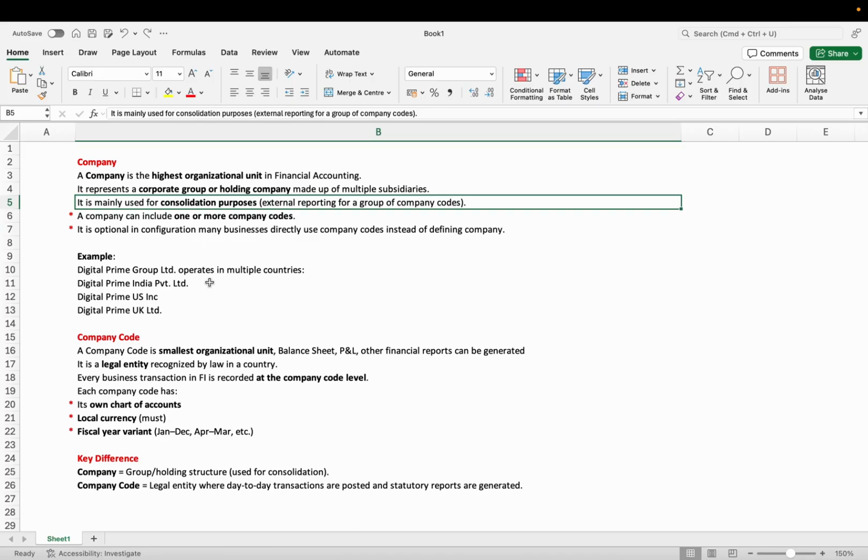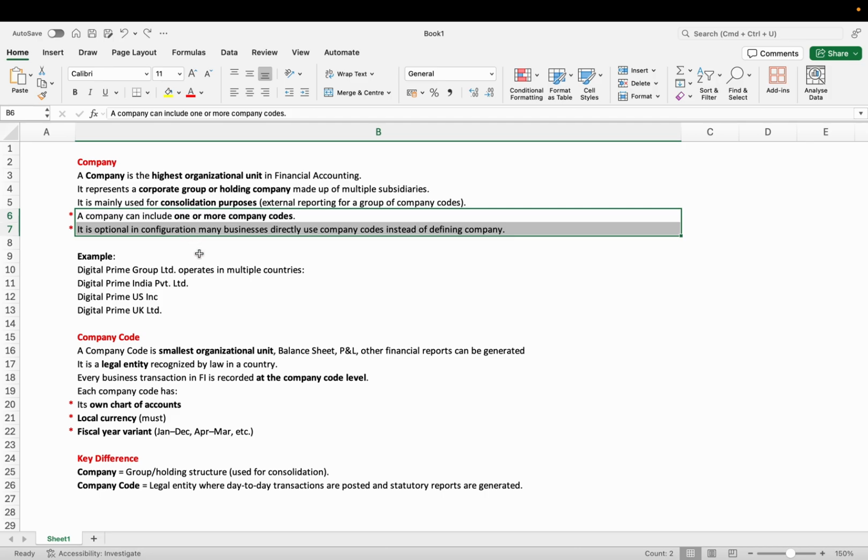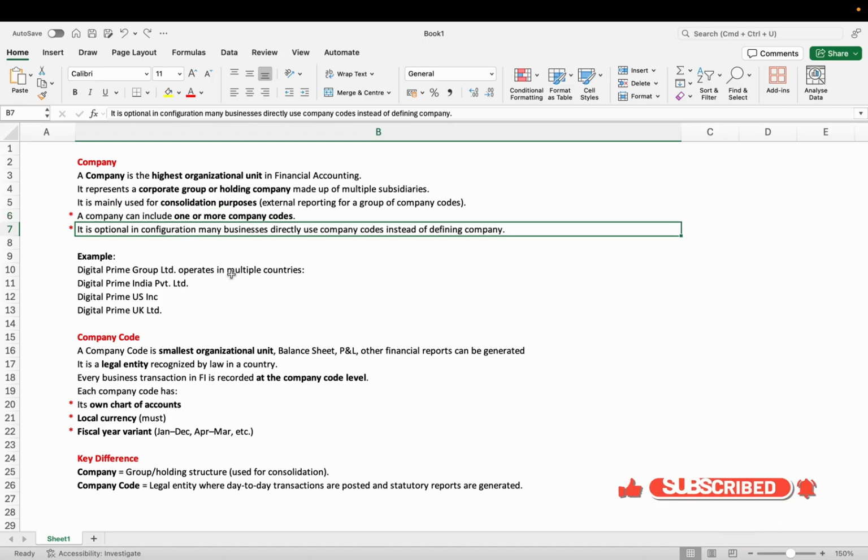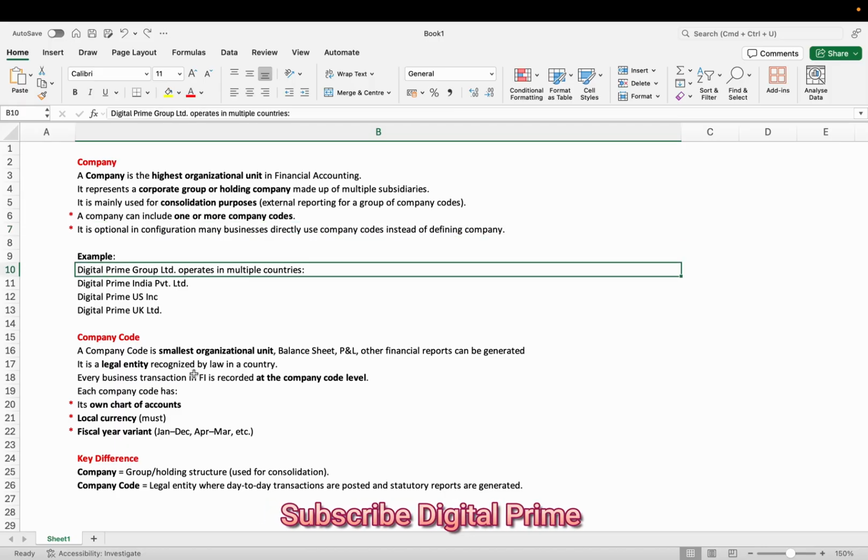These are the two major points. One is, if we create a company, we can assign multiple company codes to one company. And it is optional in configuration. Many businesses directly use company codes instead of defining a company, but it is always recommended to have a company and then company code.